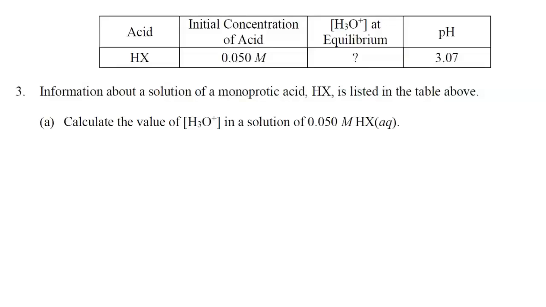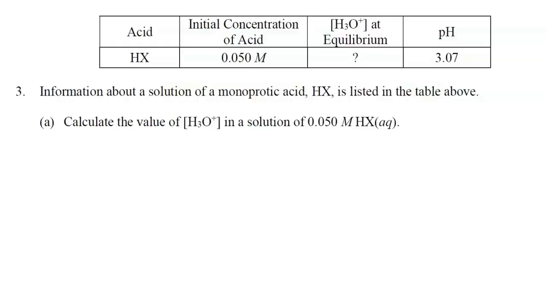In question 3, it says, information about a solution of a monoprotic acid, HX, is listed in the table above. So we see the formula of the acid is HX. The initial concentration of the acid is 0.050 moles per liter. We don't know the concentration of the hydronium ion at equilibrium, but we do know that the pH of the solution is 3.07. Part A, calculate the value of the concentration of the hydronium ion in a solution of 0.050